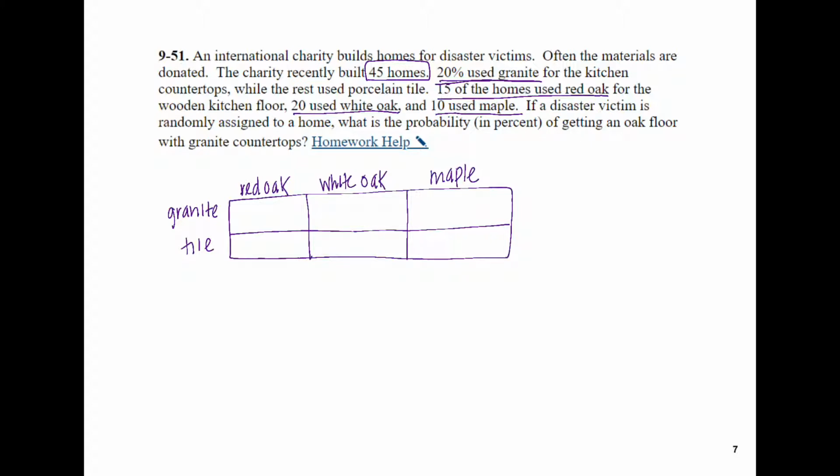So when we talk about 20% used granite, we know we have a total of 45 homes. So 20% of 45 is 9. So 9 out of 45 of the homes had granite countertops,